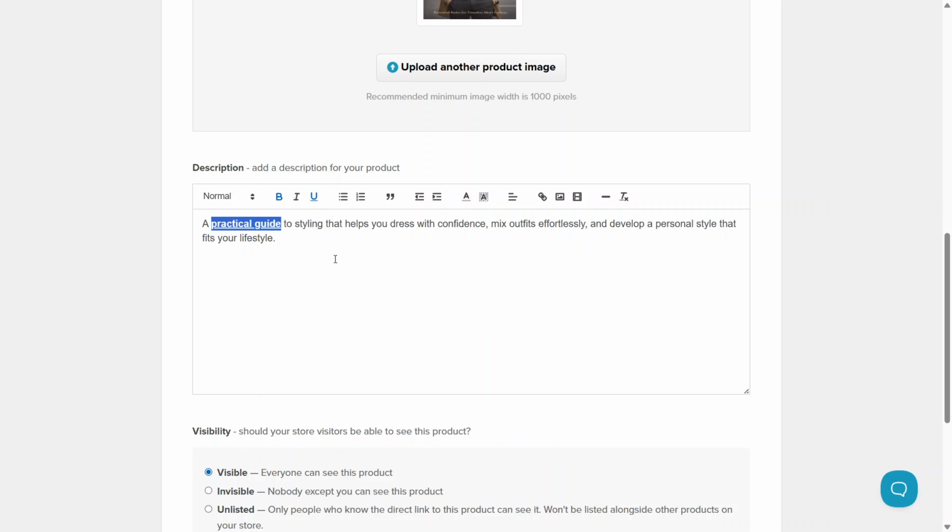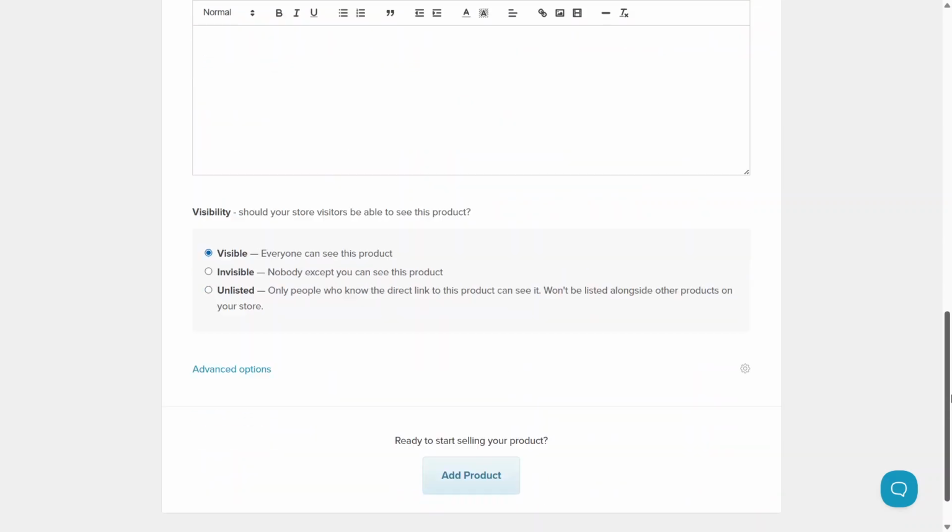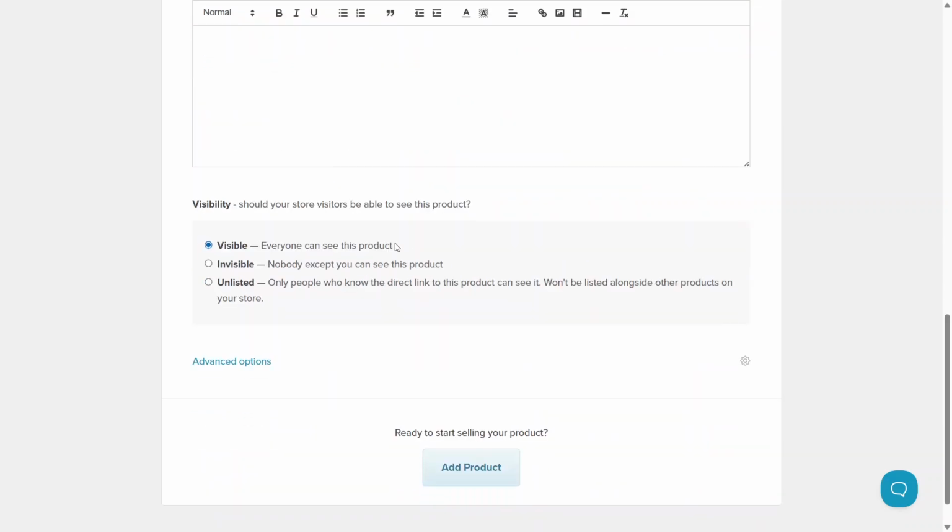Before publishing, you need to choose the visibility setting for this product. If you set it to visible, everyone can see this product in your store. If you choose invisible, only you will be able to access it. This is useful if you're still editing or not ready to launch. Unlisted means only people with the direct link can see it, and it won't show up alongside your other products in your public store. When everything looks good, scroll down and click